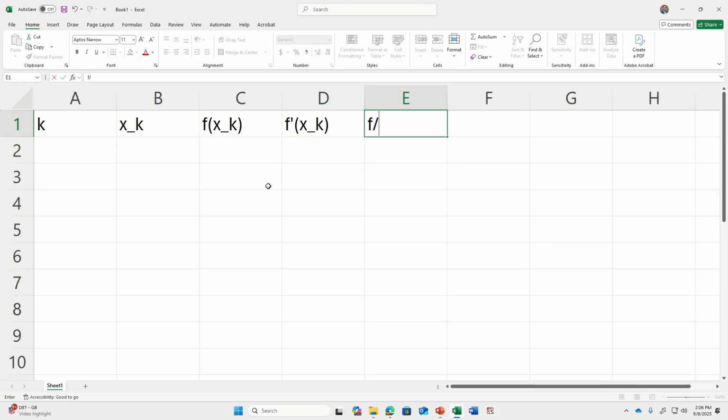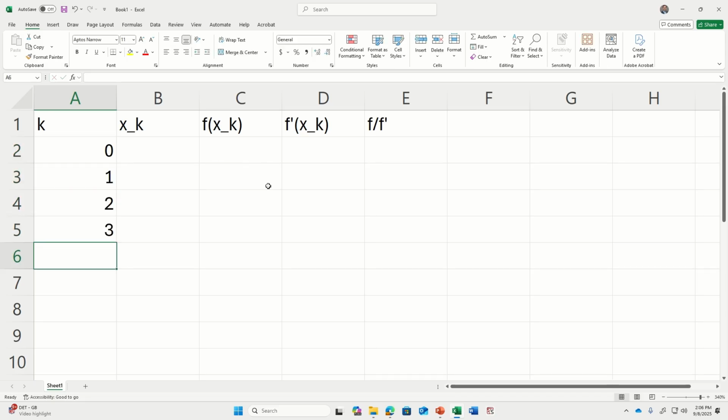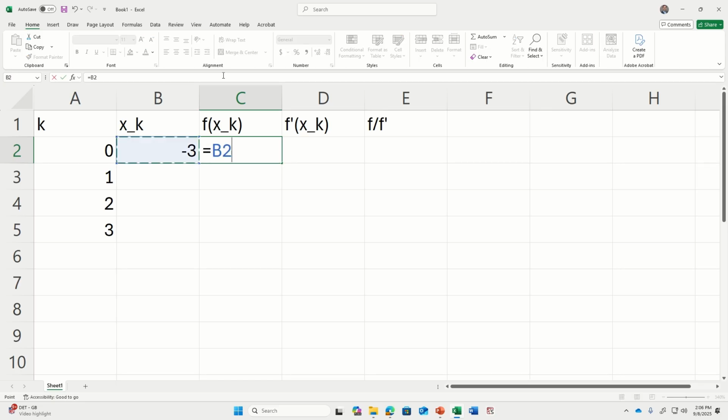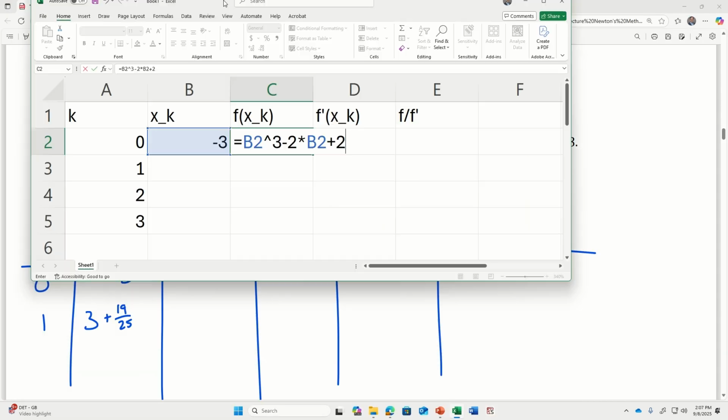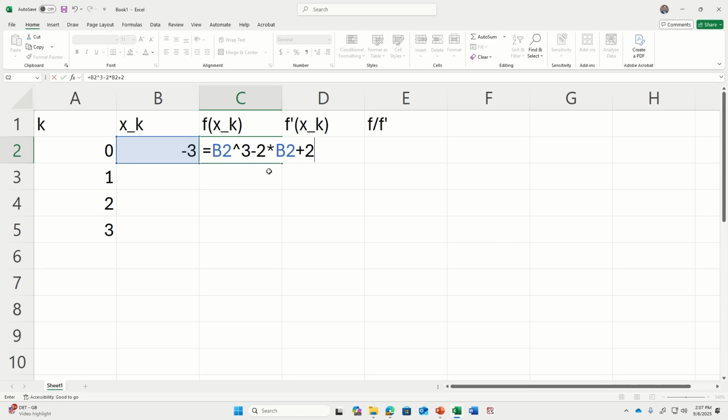And then we come up with the same table, right? My starting value was supposed to be -3. My function was x cubed... was it minus 2x plus 2? x cubed minus 2x plus 2. Okay, so in Excel, that's how it's going to look because I have to use cell B2 to reference that